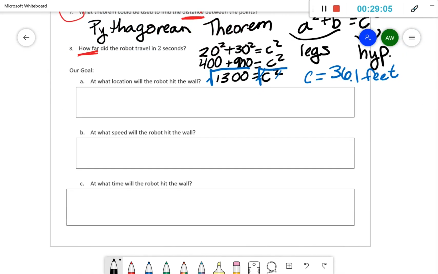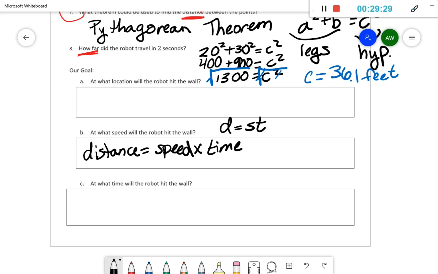So this is the first really important formula that might be new to you. And this formula is that distance is equal to speed times time. Okay, so sometimes we simplify this so that it looks like this, or you might also see this as